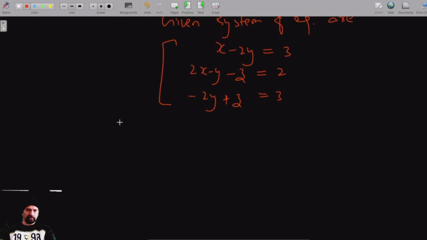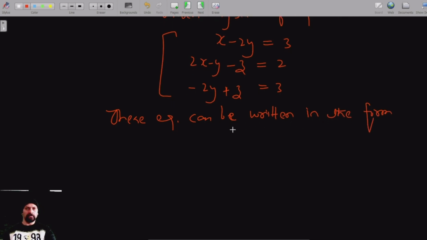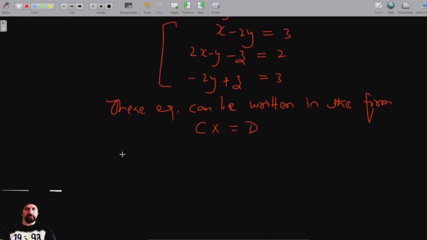These given system of equations can be written in the form Cx is equal to D, where C is